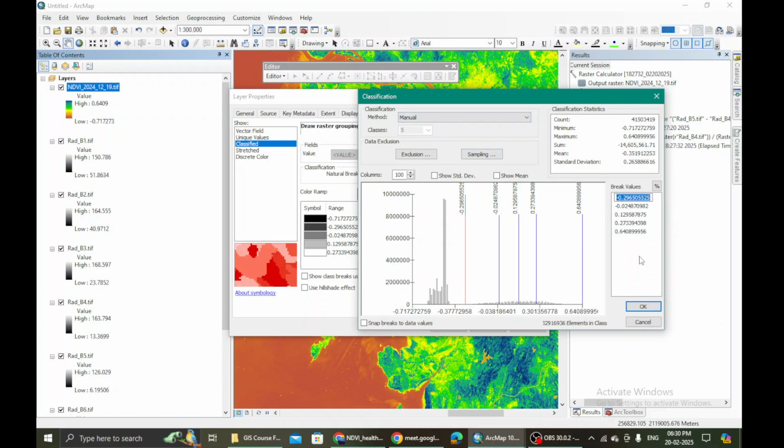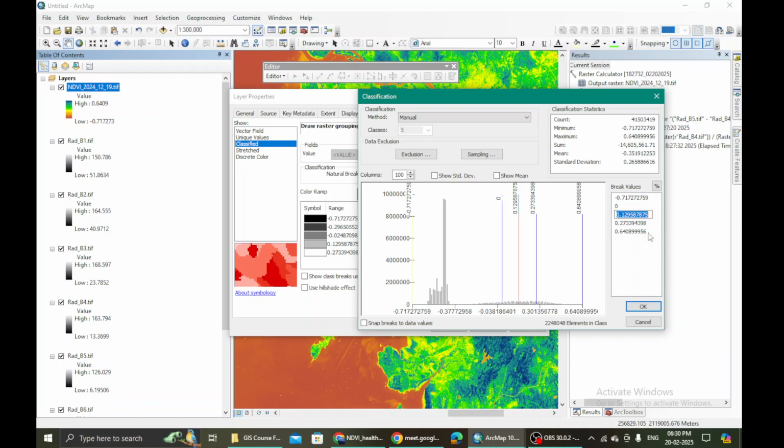Under this manual method, the maximum negative value that I have is -0.71, right? So I just go here and hit -0.72. I have just rounded it up. It is otherwise -0.71, so instead of that I'm just giving -0.72 such that everything comes there. All right, and then here I'm giving 0, because everything below 0 is something that I am not interested in, right?